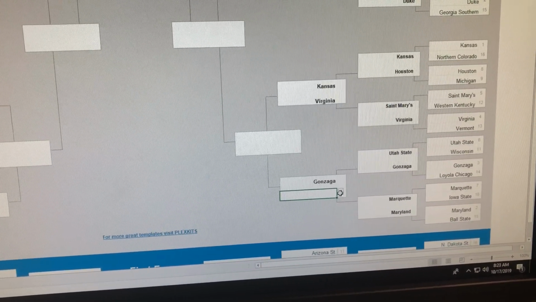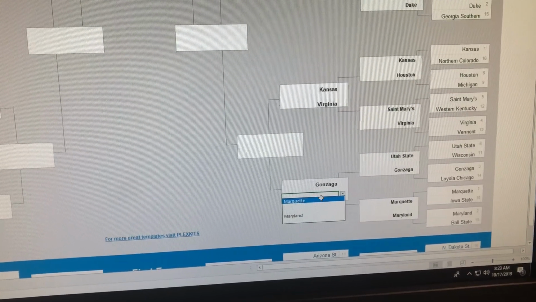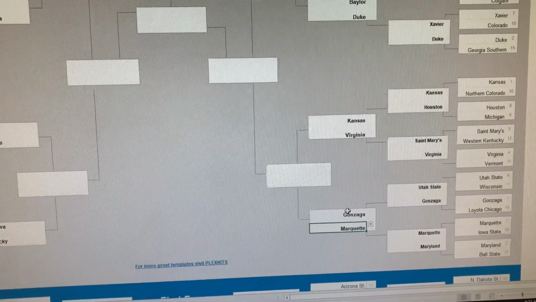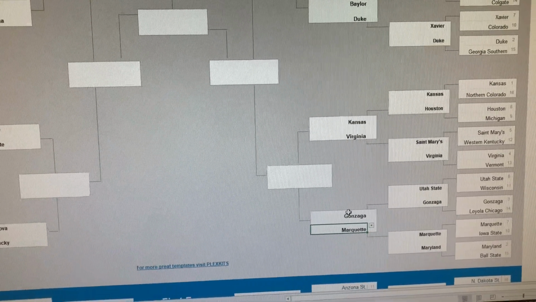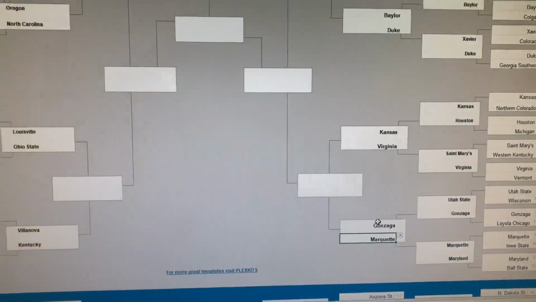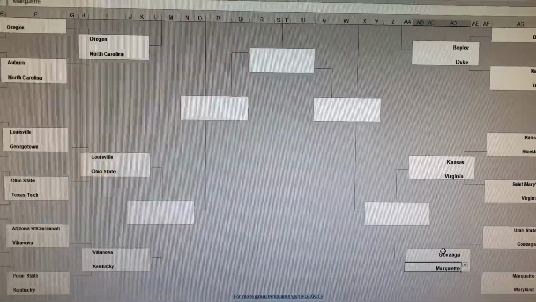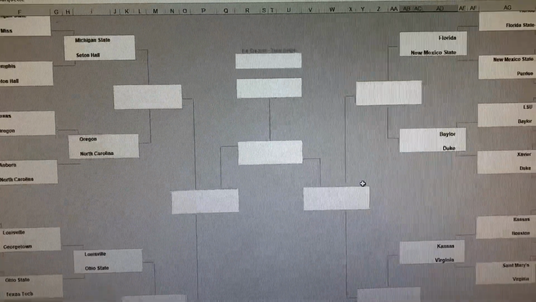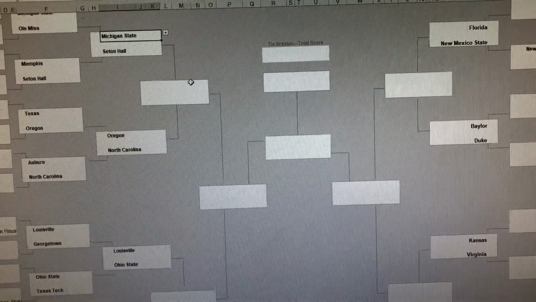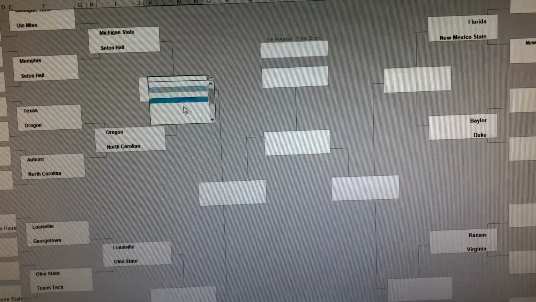And Marquette and Maryland. I'm going to go with an upset pick right here. I'm going to go with a 7 seed over a 2 seed. Maryland, I think, still has to prove it to me that they're going to be a top team. They have the talent to be a top team, but I'm going to go with the established guy right there in Markus Howard. Why not go with the upset pick? I know Maryland fans are probably going to be pretty upset with me, if there's even any Maryland fans that watch my videos. So then for a spot in the Elite Eight, Michigan State and Seton Hall.